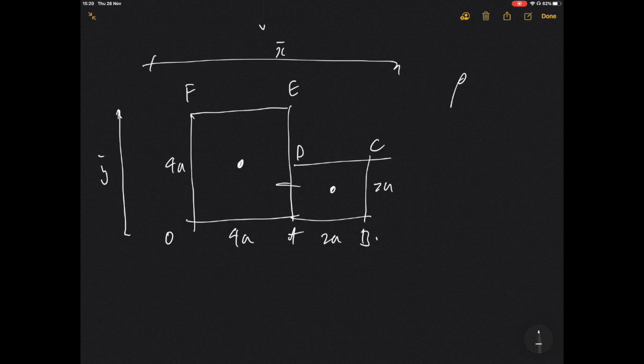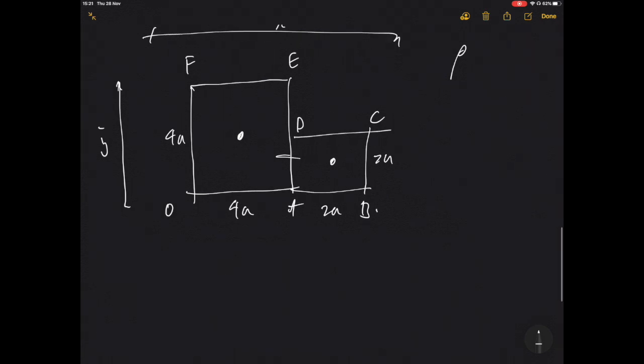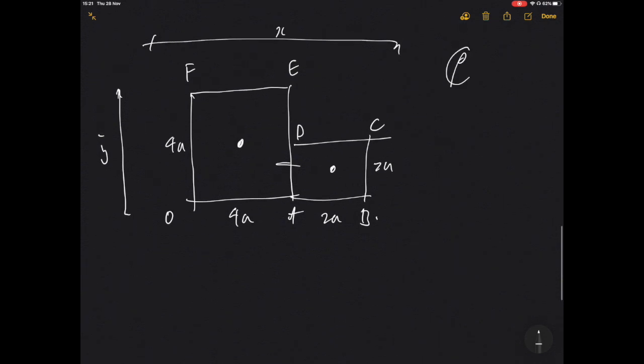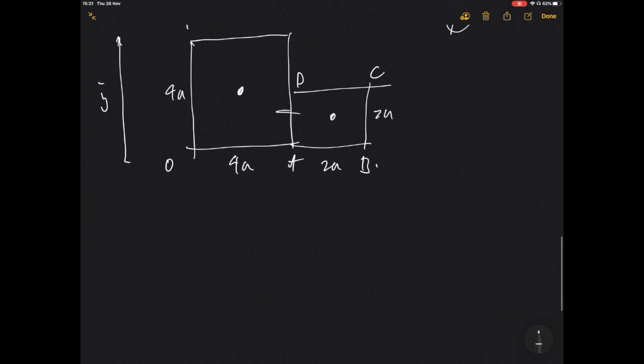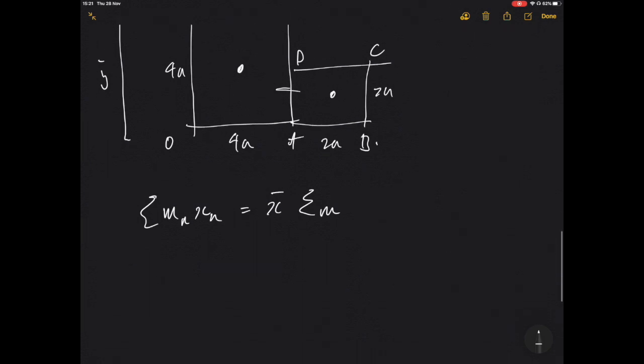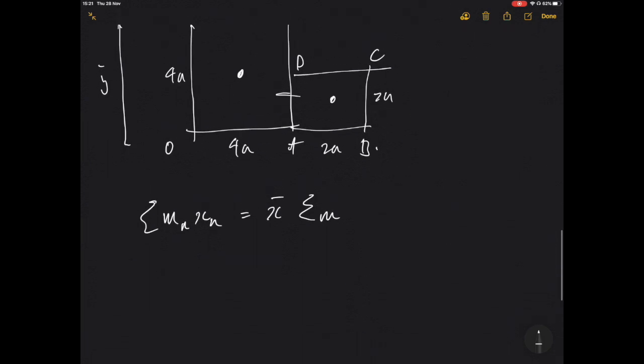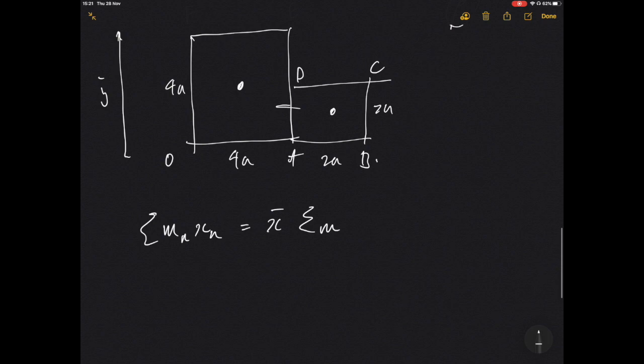So density times volume would equal our mass normally, but actually we don't have that. So weight, sorry, would be mass times density. So what we can actually do is we can just put our rho in here. So we could say, if we bring back our equation from earlier, so perhaps we look at our equation where we have our total mn xn equals x bar total m, or we could do the same thing. So we could say that, well, our total masses would have to be